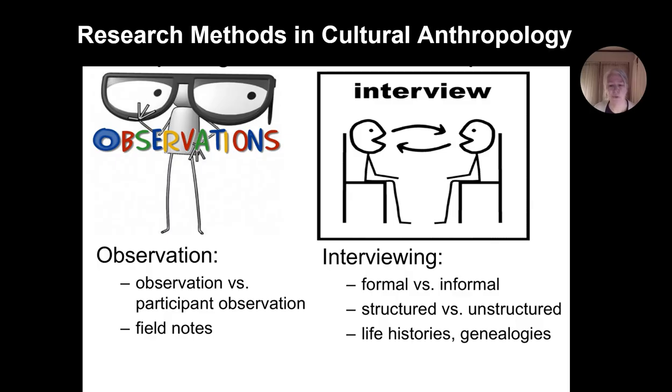So observation. The key distinction I made in the lecture video is between observation and participant observation. Participant observation is a hallmark of cultural anthropological research. It has been from the beginning. And it's basically what it sounds like. It's learning while doing, right? The idea that you are observing something, and one of the ways you're observing it, or learning about it, is by participating in it. Cultural anthropologists also do more detached observation, where you're more sitting on the sidelines, right? The key thing with both of those techniques, they're both important,